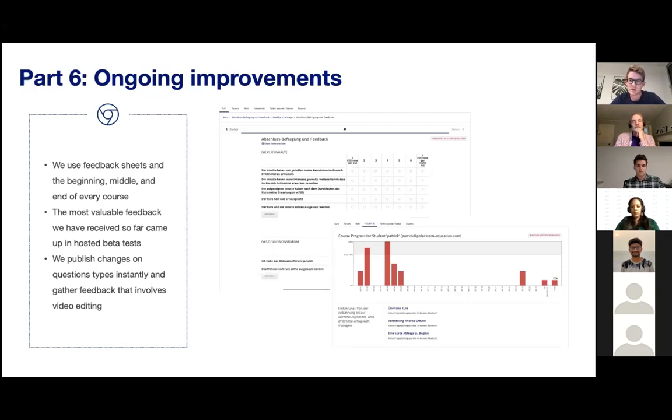Everything that's regarding question types, we try to do instantaneously. We try to go into edX Studio right away and republish the question type. But everything that involves video editing, we try to gather and do it in loops, because that just causes more work on our end to go back into the video and the project files and re-edit the videos. So that's a brief overview of the learnings throughout that process.